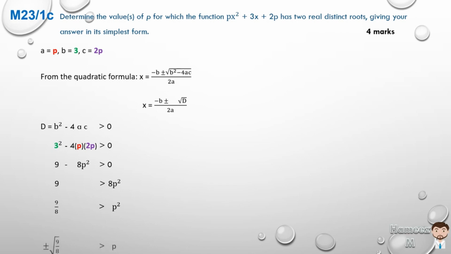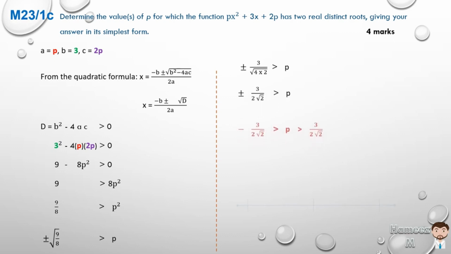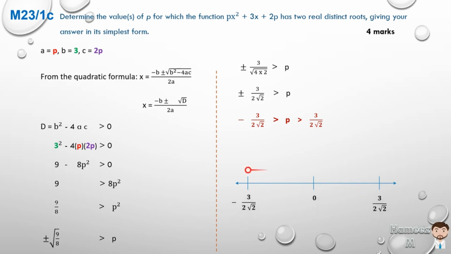So the square root of that will be plus or minus 9 over 8 is greater than p. And we can break up 8 into 4 times 2. So we can rewrite it plus or minus 3 over the square root of 4 times 2, which is plus or minus 3 over 2 root 2 is greater than p. So that means minus 3 over 2 root 2 is greater than p, which is greater than 3 over 2 root 2,